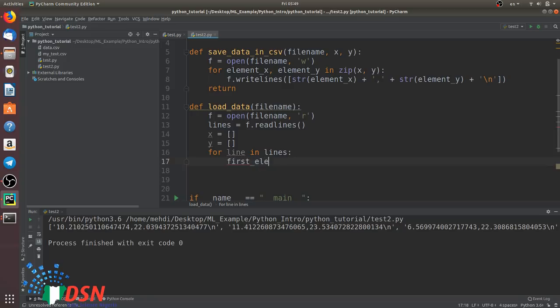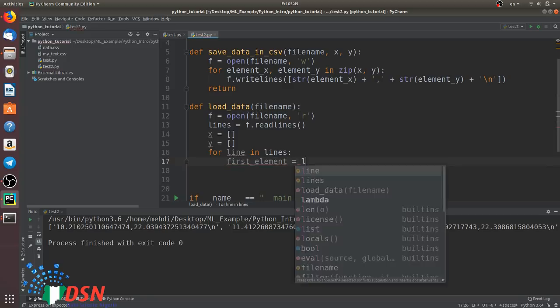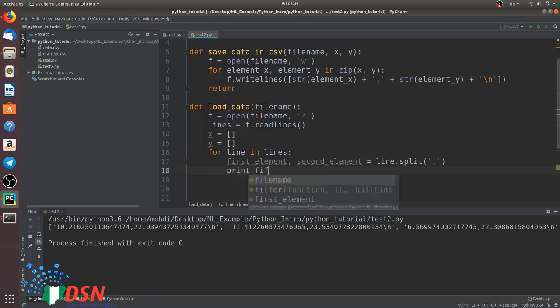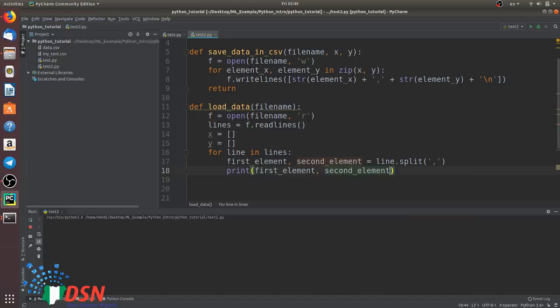First element is line, and second element is line dot split, right? If we print the first element and second element, you see that